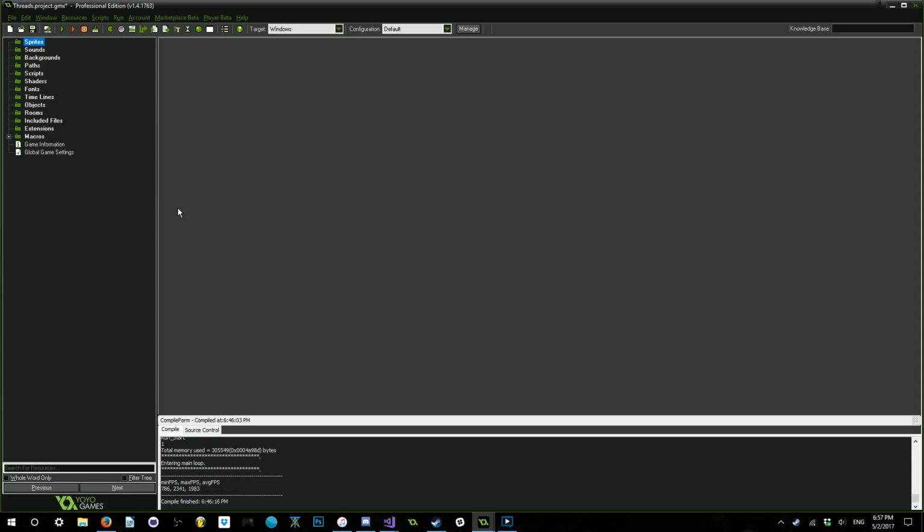Hey, what's up everybody? I'm here today with a Gamemaker Studio tutorial. Today we're going to be taking a look at multi-threading inside of Gamemaker. For those of you who have used Gamemaker for a long time, you may already be scoffing at the notion, because Gamemaker is innately single-threaded. However, we're going to bypass that by writing an extension in C++ that will allow us to run code on